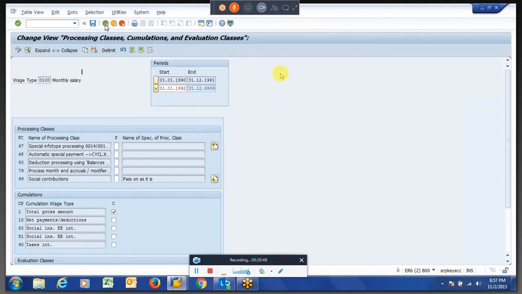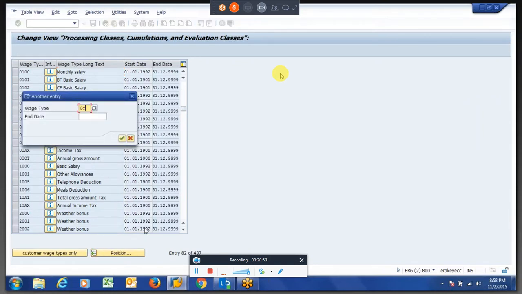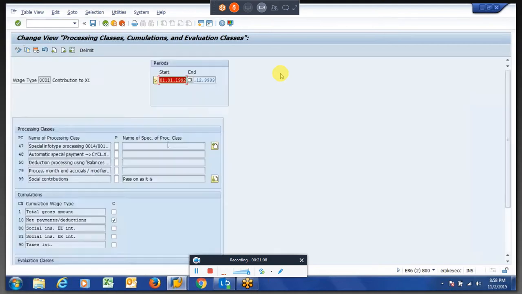So we created wage types, for example, social contribution, X1, Y1 and Z1. For these wage types, I will specify the accumulation class. As of now, let us take it as 1, because I am going to write the PCR based on the specification, which is 1.